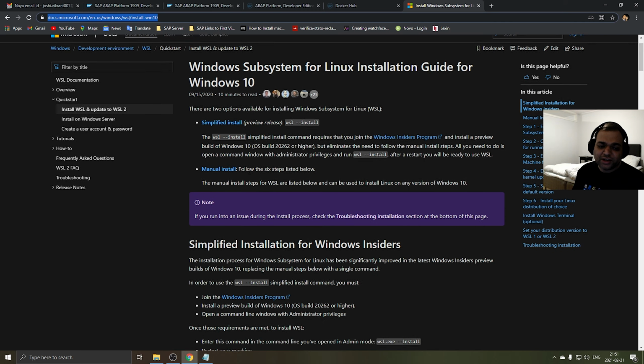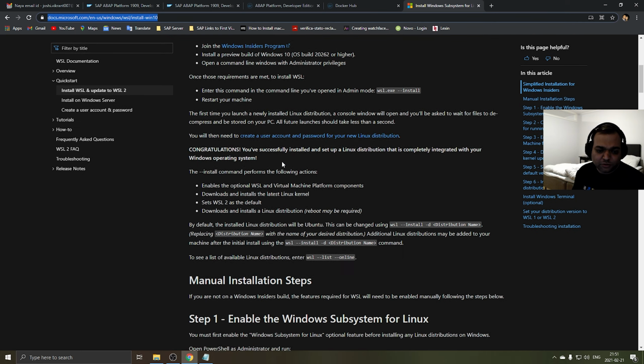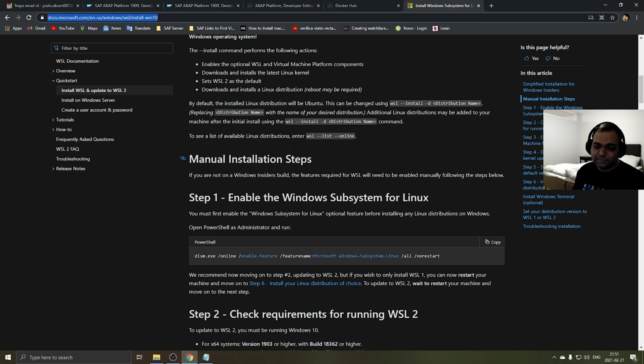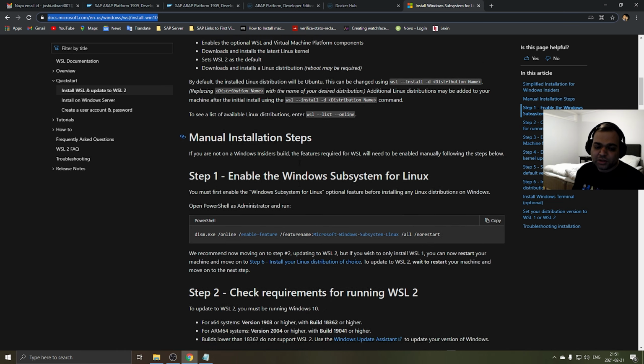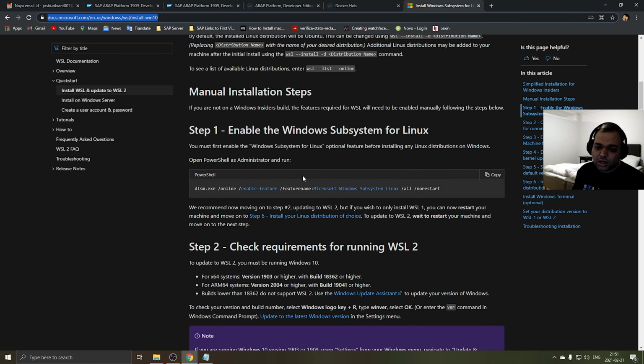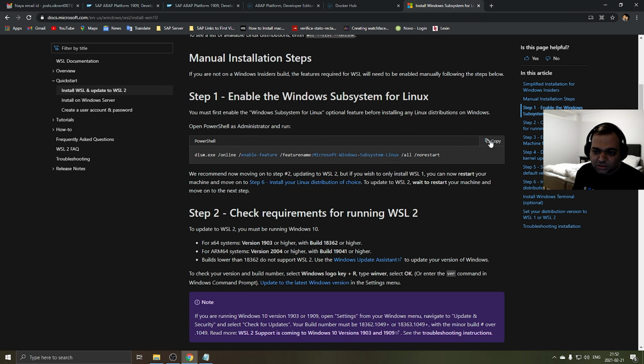So in this link, we have some manual steps which need to be performed on Windows so that you enable WSL2, that is Windows subsystem for Linux, and WSL2 is the latest version which we will be using because it has all good features. You can read about them more in the link which I have provided, and we have to do these manual steps. So the first one is to copy this command,